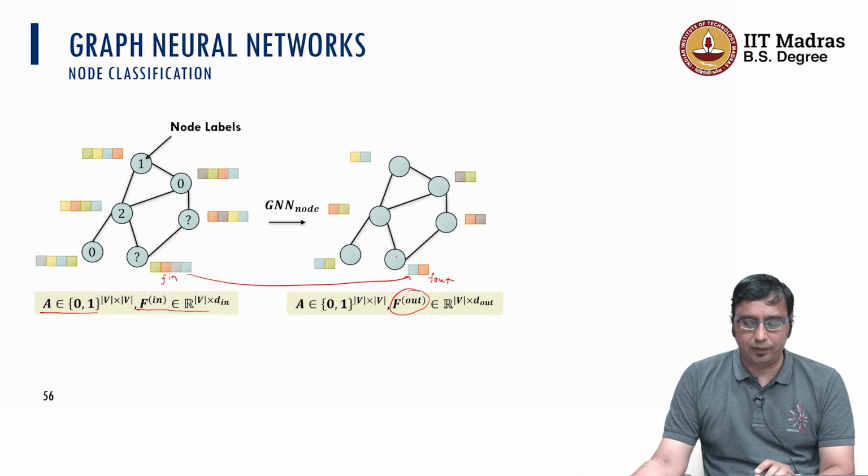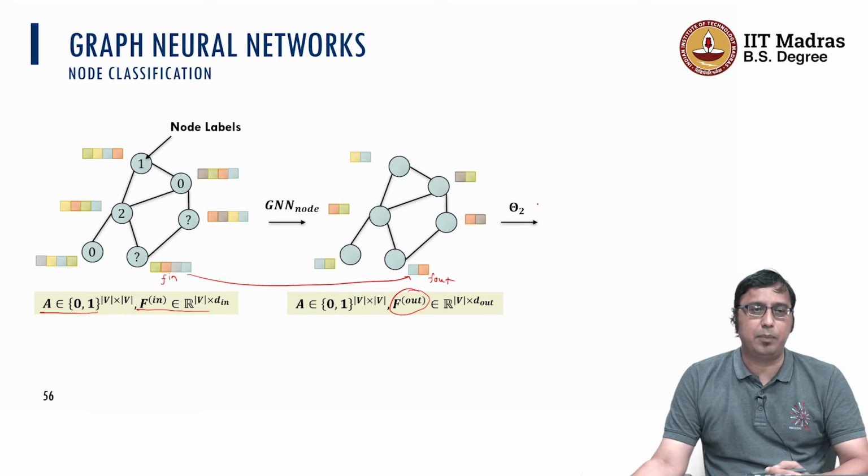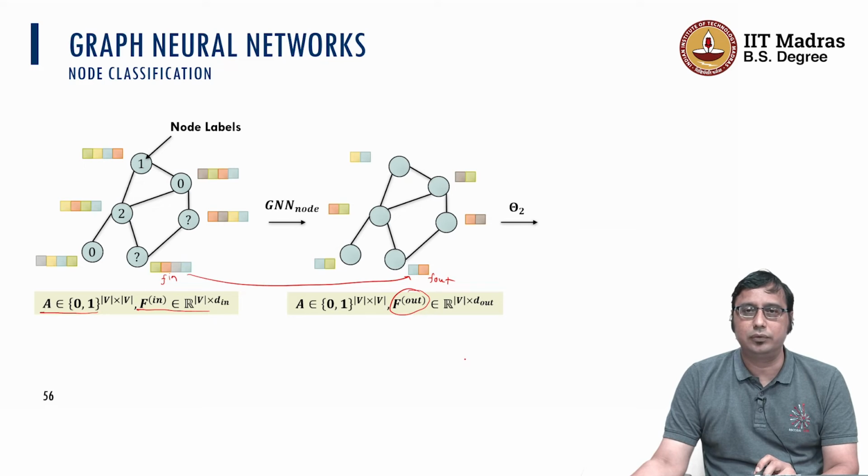Once I have this, I'm going to use the features associated with each node and parameter theta 2 and pass it through the softmax layer to get a distribution